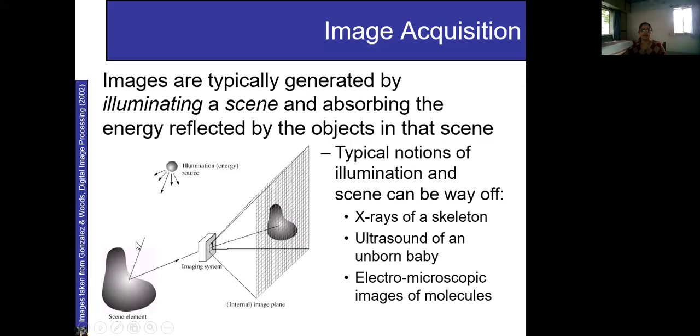This source is illuminating this particular object, and this object is reflecting energy according to its reflectance coefficient, and this reflected energy is captured by your image capturing device, and according to that captured value, it reproduces a two-dimensional projection of the real object, and it assigns particular intensity values depending on the reflectance component and the illumination component. These intensity values are decided. Okay, so now